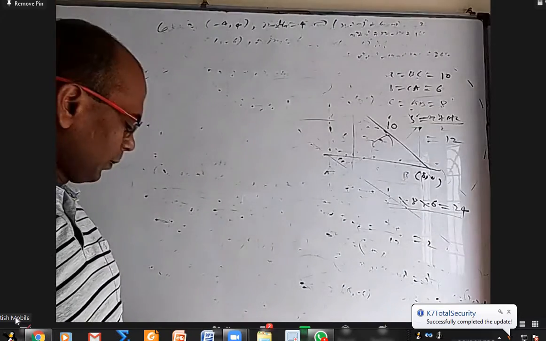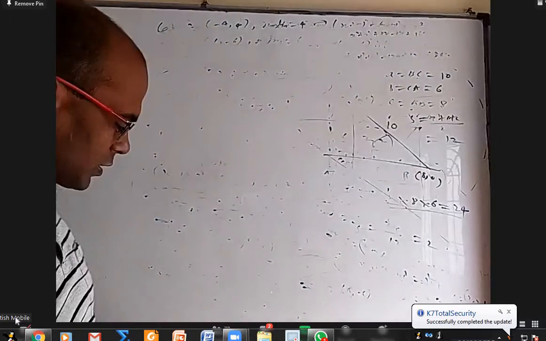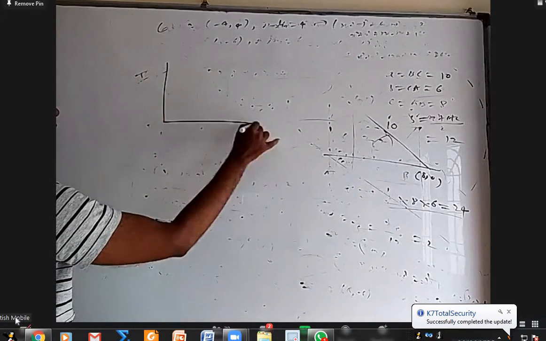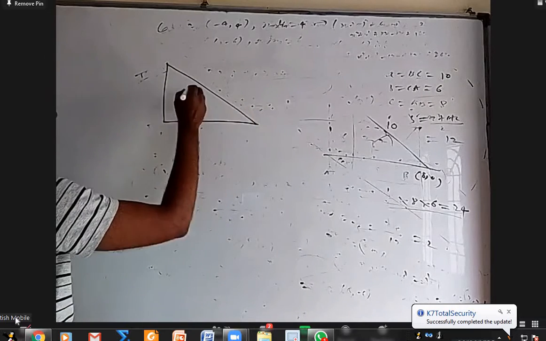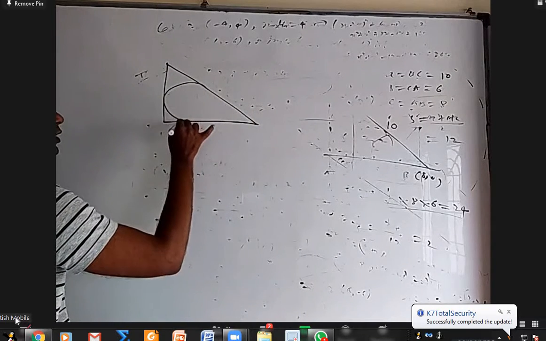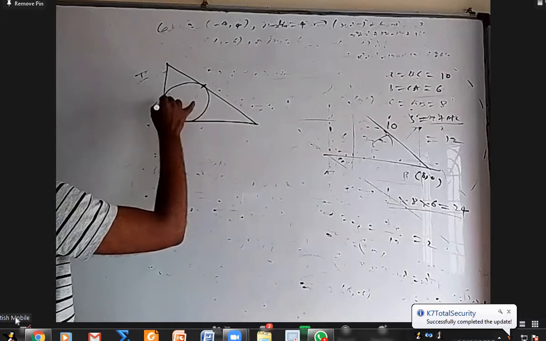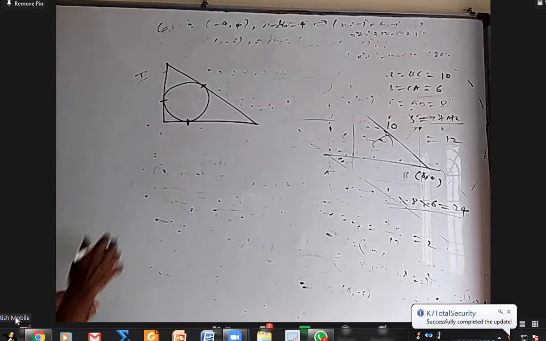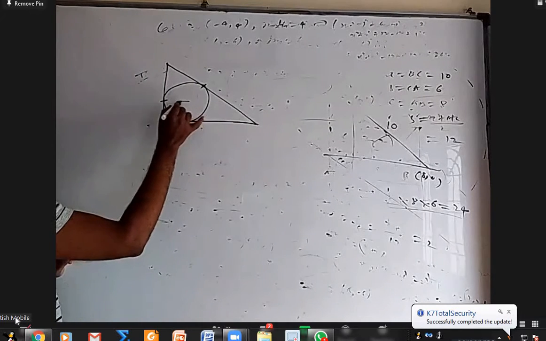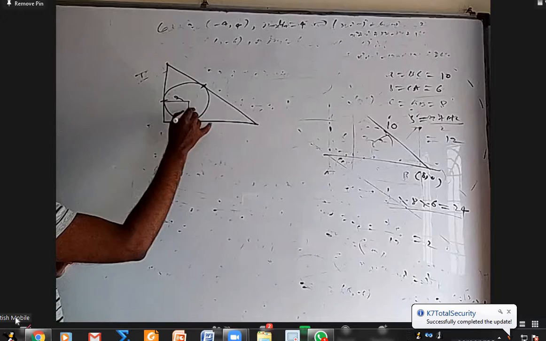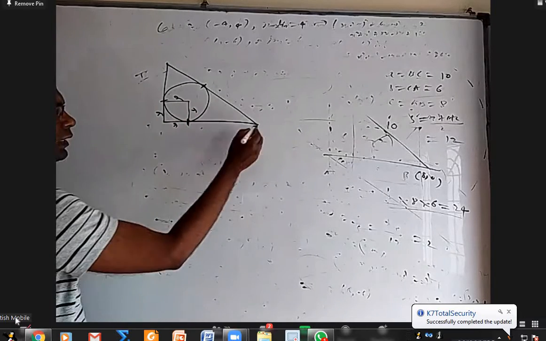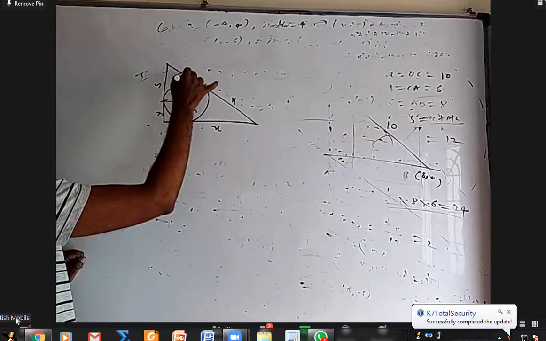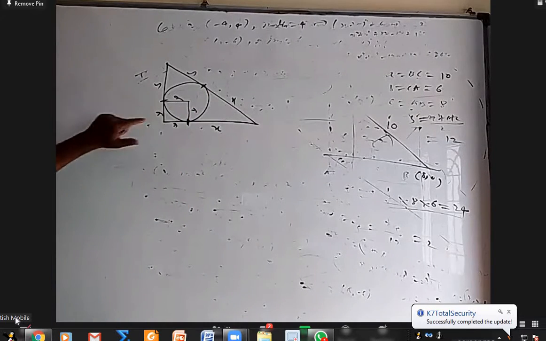Okay. Simply by your school knowledge also you can do this, like 9th or 10th class, what you have done. See, I have a right angle triangle. I will draw one circle touching all of the sides. I want to find this length separately, this length, this length, this length. I know these two are equal. And in fact, if the incircle radius is smaller, these two have to be smaller. These two lengths which are equal, I'll take x and x. These two lengths which are equal, I'll take y and y. But what is r plus y?